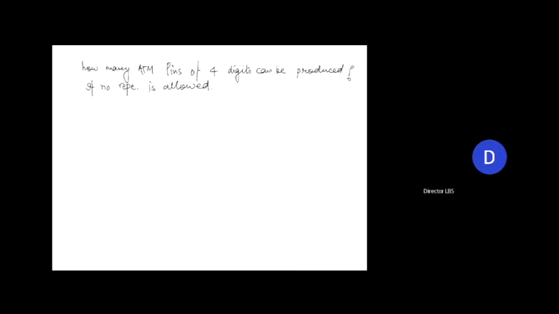So now what we are going to do is we'll see how many possible pins can be generated out of 10. So I know that there are only these numbers: 0, 1, 2, 3, 4, 5, 6, 7, 8, 9. मुझे इनमें से ही कोई 4 नंबर चूज करने हैं और कोई रेपिटेशन अलाउड नहीं है. That means I cannot use 4 twice or 6 twice or 1 twice, right? So repetition is not allowed. So out of 10 numbers, I have to choose only 4 numbers without repetition. In that case, how many possible permutations can there be?